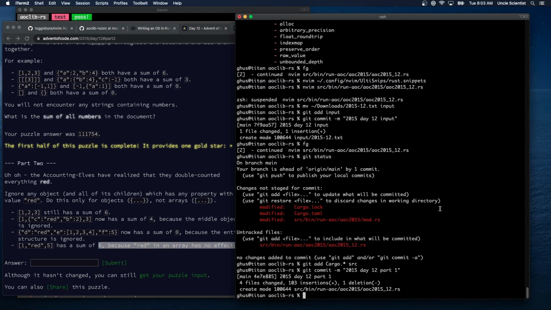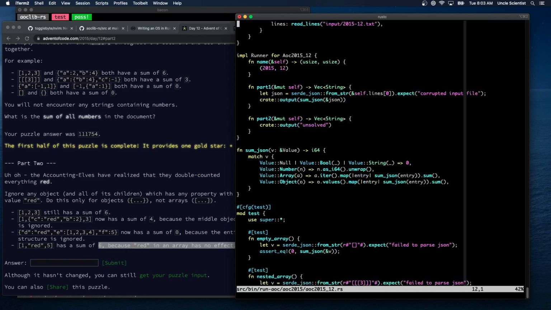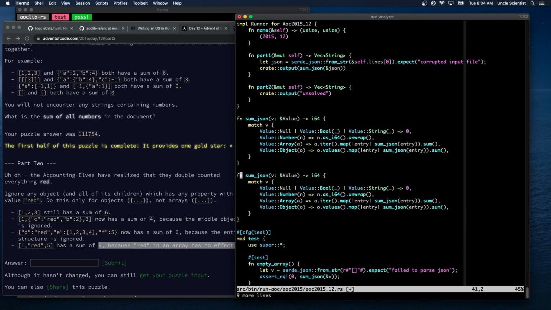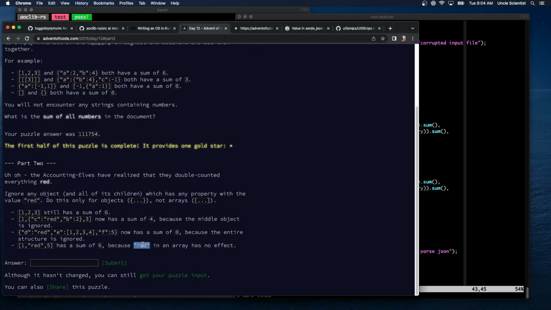How do we want to work this? Obviously our sum JSON has to change, or we can just write a separate one. Let's write a separate one. Red less. Okay, so null and bool still go to 0, but a string, if we see a string of red, we want that to be 0. Oh, but we still need to bubble up any reds that are